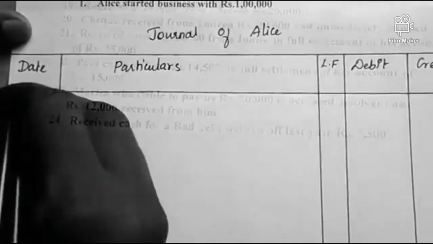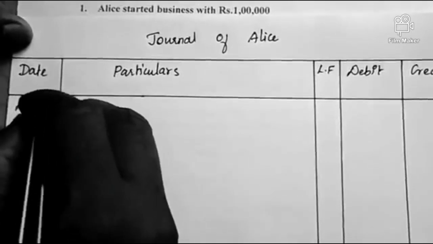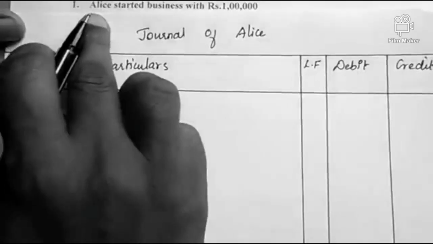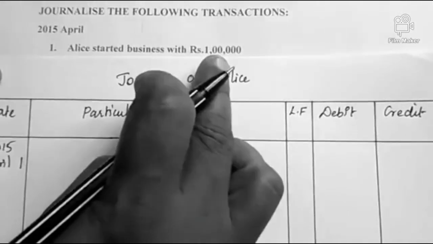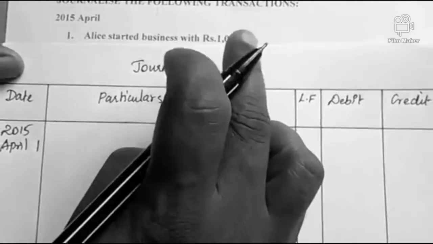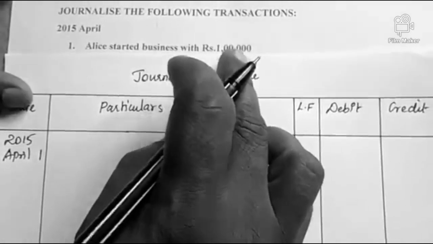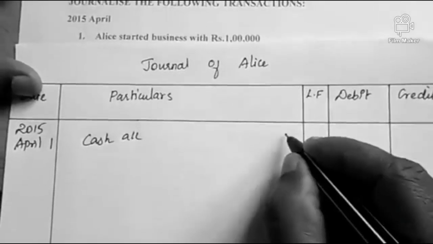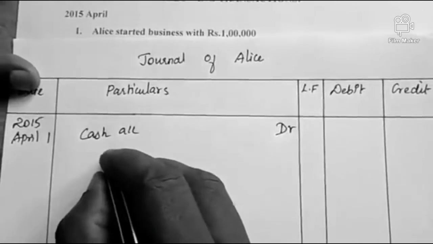So date, 2015 April 1st. Alice started business with 1 lakh rupees. She invested capital in the form of cash. So when she invests the amount, what comes in? Cash comes in. So cash account debit to